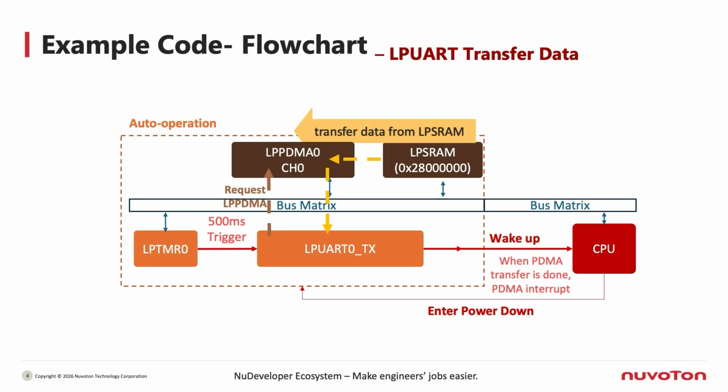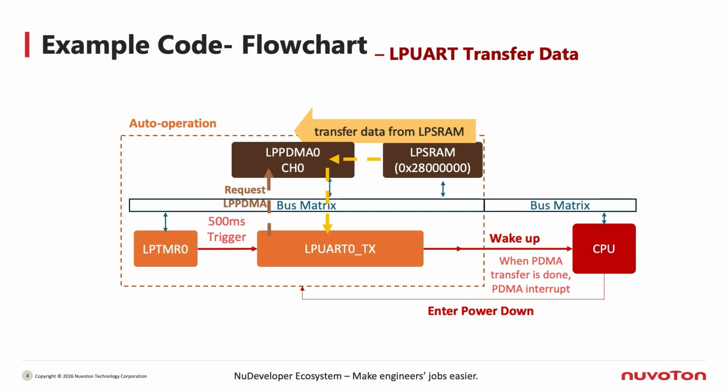Let's start by walking through the overall flow of this sample program. First, we use a low power timer to generate a trigger every 500 milliseconds. Each time this trigger occurs, it activates low power PDMA channel 0. Once PDMA is triggered, it automatically transfers data that was previously stored in low power SRAM to the low power UART. As a result, the string data is sent out and displayed on the terminal, without requiring the CPU to